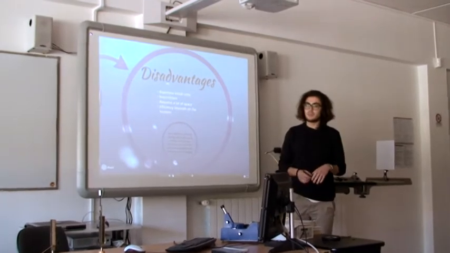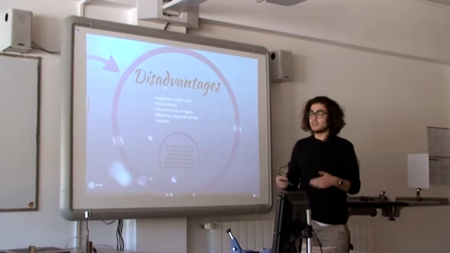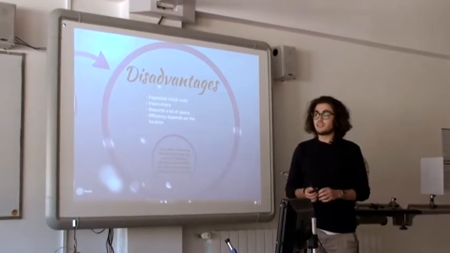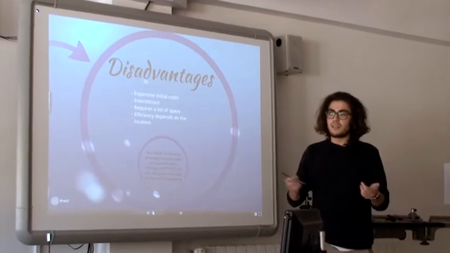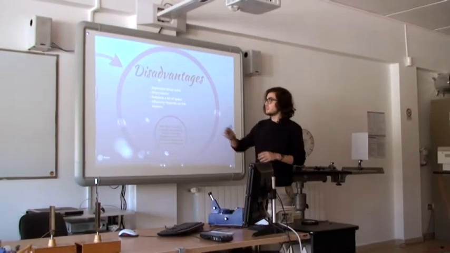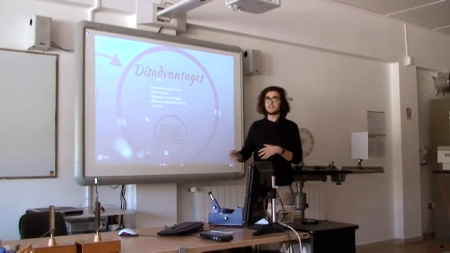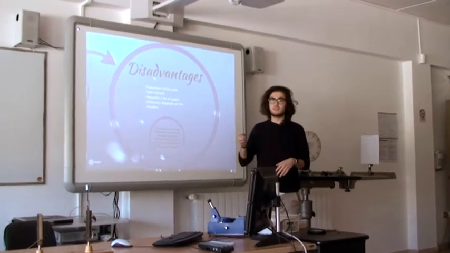Those panels will cost the single person and the state a lot of money. The efficiency will be intermittent. In fact, the efficiency of the solar panels will depend on whether it's day or night, but also on the location, because if we are on the equator or if we are in Europe, the light from the sun will be